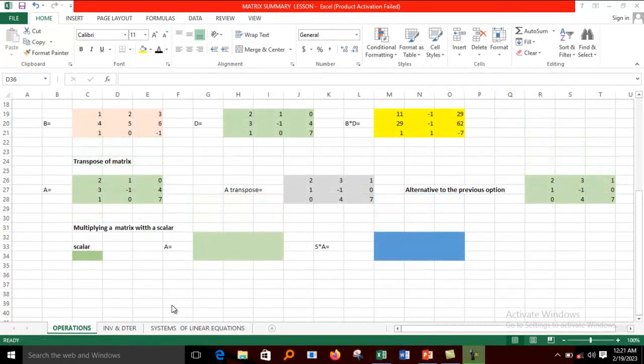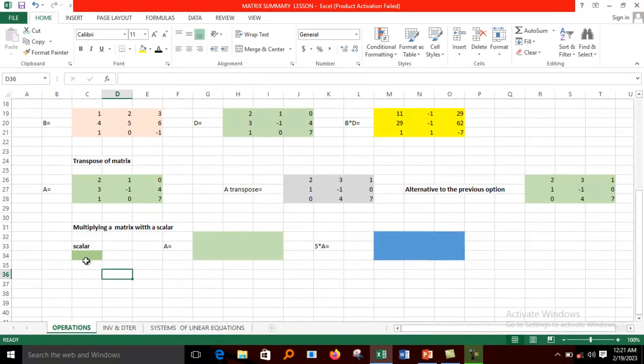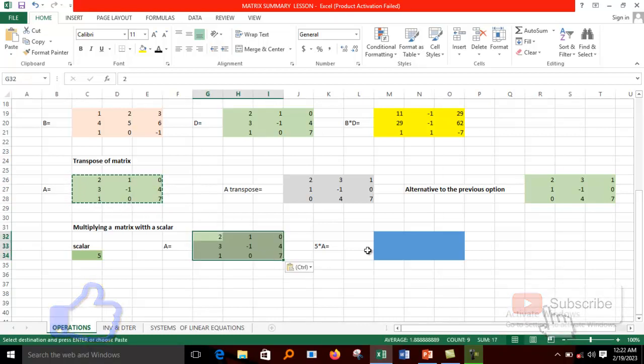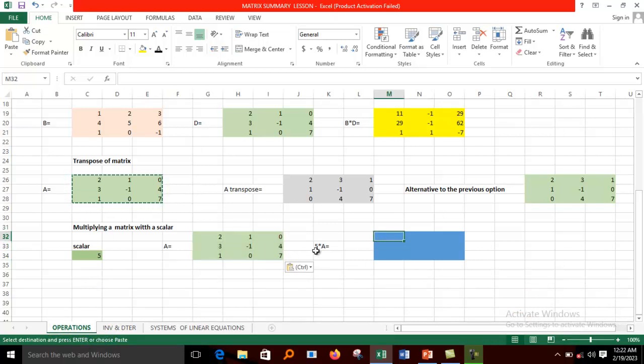Let us finish with multiplying a matrix with a scalar. First, I use a scalar of say 5. You can use a scalar of your own choice. Matrix A, I'm going to use this one. I copy this and I paste it right here. Then the result of multiplying 5 times A shall first highlight all of this region, say equals 5